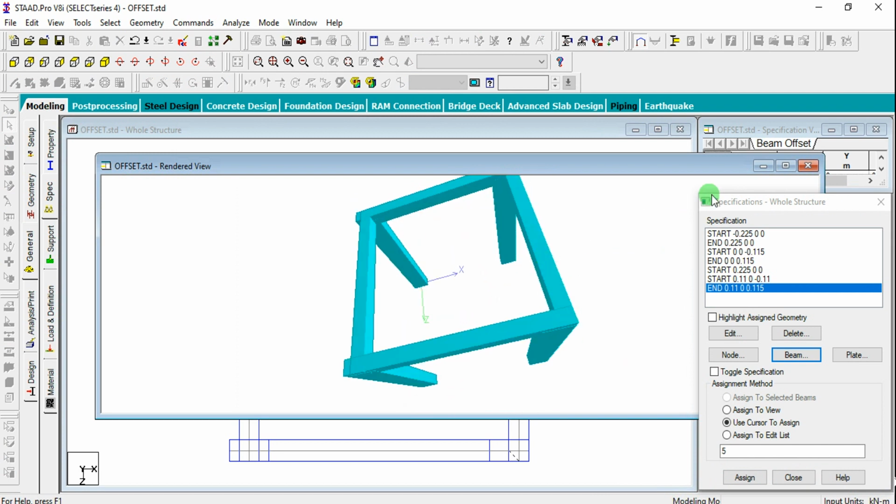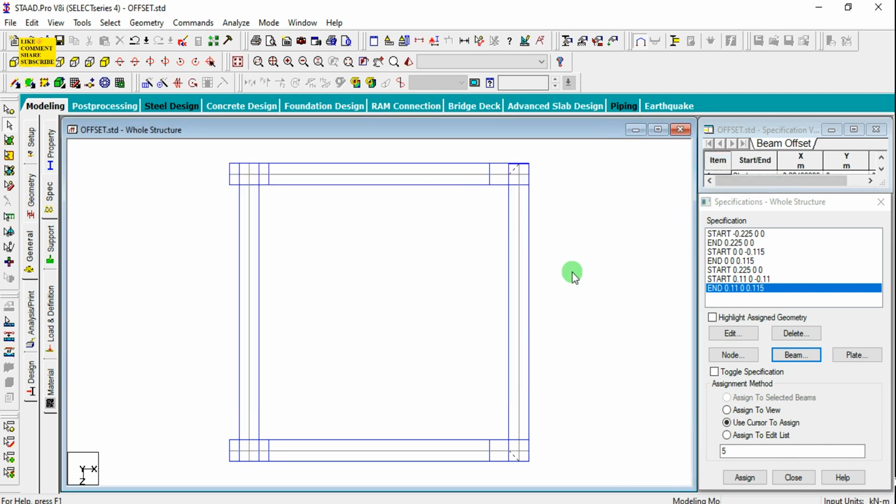Okay, like this we can change the member offsets, and we can align the objects, or we can align the columns and beams in this way. So if you want to give the exact orientation, I mean exact alignment like this, then you can provide the member offset, and then you can go for the translation repeat. But by default all the members will be connected from center to center, that is, analytical members will be connected from center to center in STAAD. So this is about the member offset.